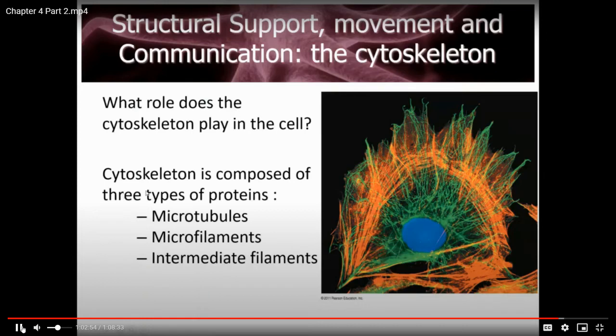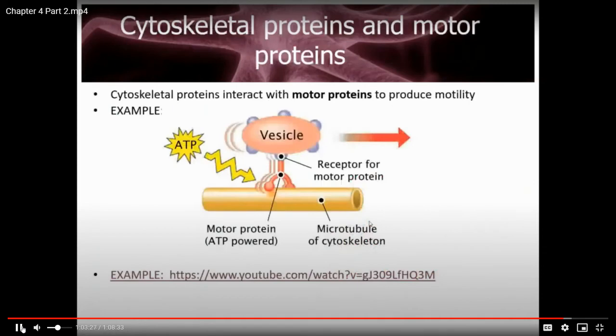There are 3 types of cytoskeletal proteins. And yes, you have to be able to distinguish one from the other. There are microtubules, which in this picture are colored green. There are microfilaments, which in this picture are colored red. And there are intermediate filaments, which I'm not really sure are staying in this picture. 3 kinds. Now, most of the cytoskeletal proteins interact with another kind of protein called a motor protein when it's